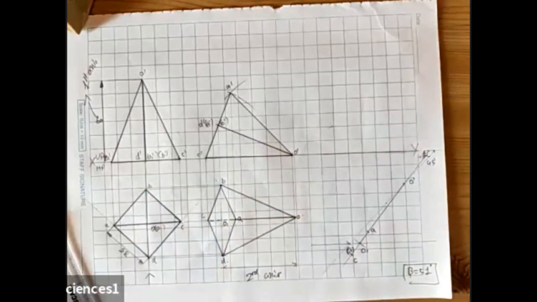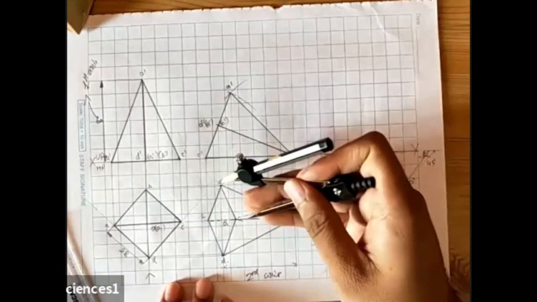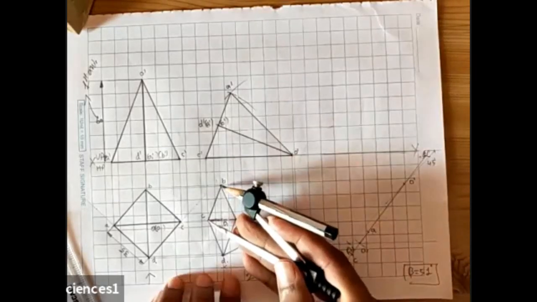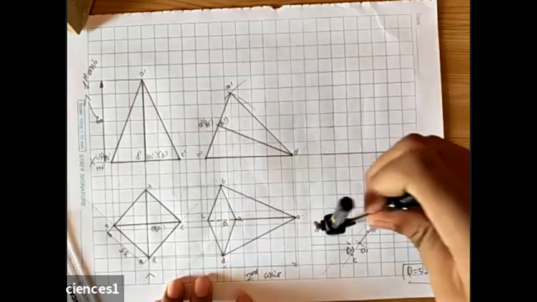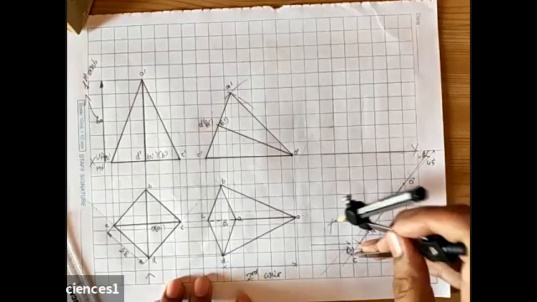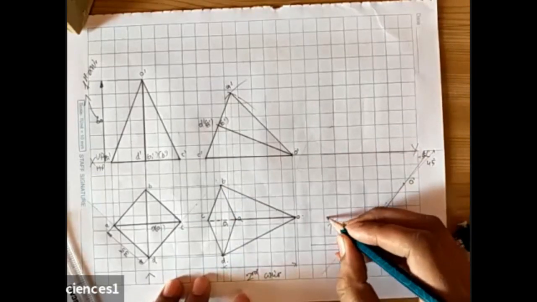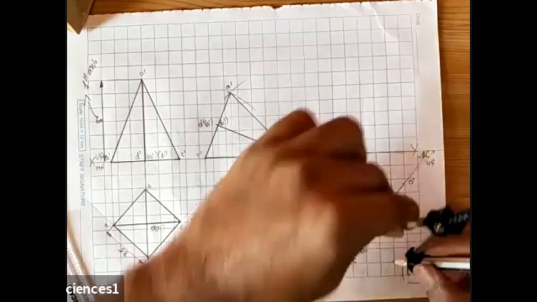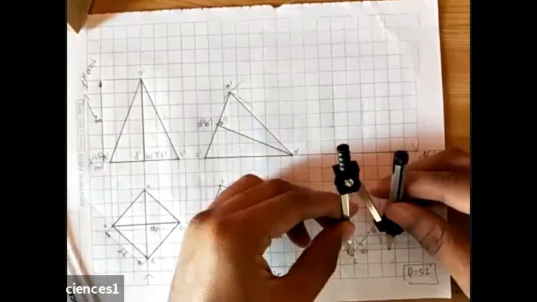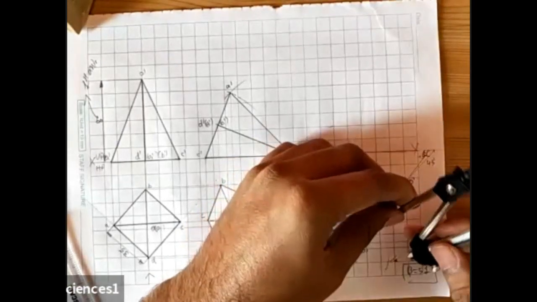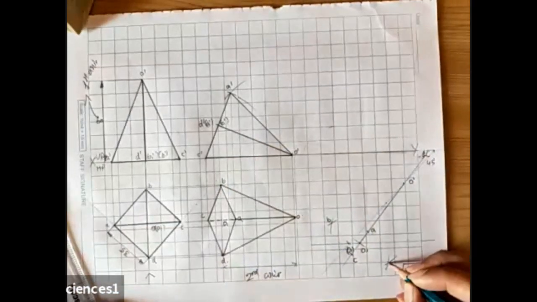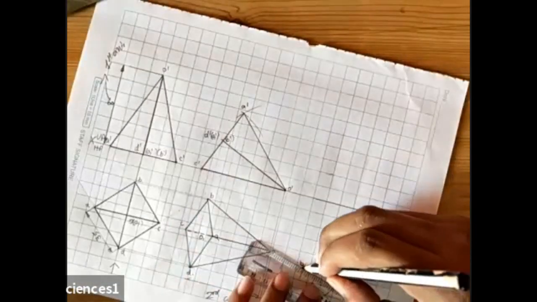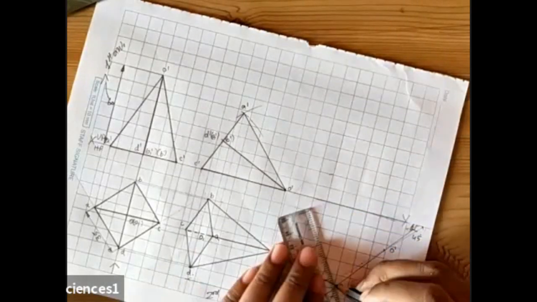Okay, by using the arc method, measure from A to B. You see here, A to B and C to B are both the same. So what I'll do is A to B, one arc I'll cut, again C to B. So this will be a point B. Similarly, on the opposite side, that is A to D and C to D. So this will be a point D. Join it and construct the pyramid.